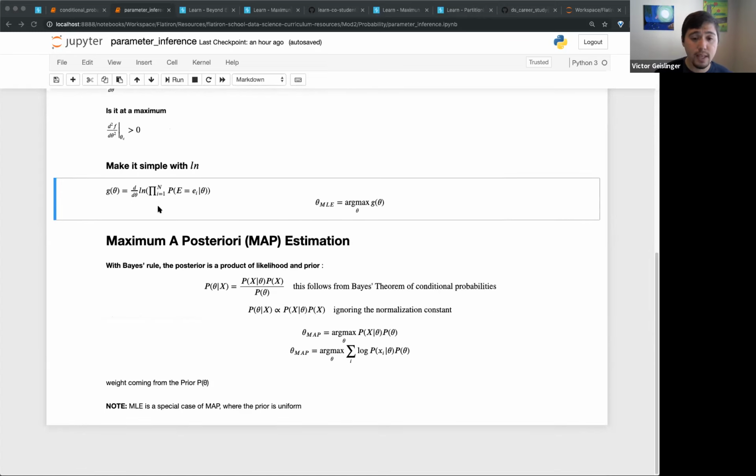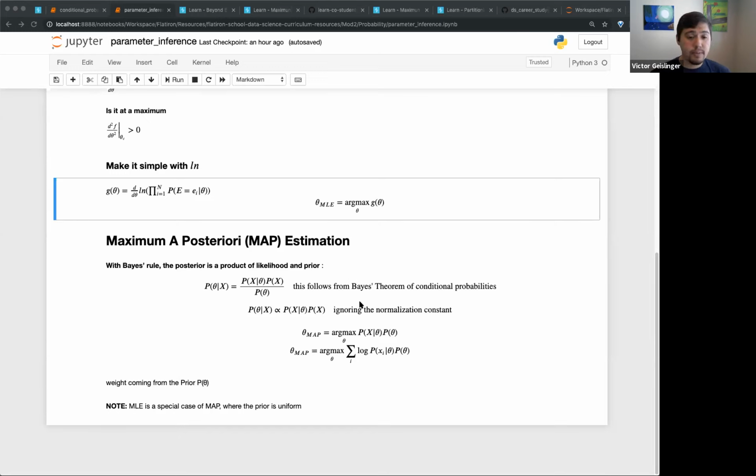So this leads us into another one, which is the maximum a posteriori, which we'll call MAP estimation, usually MAP. Basically it uses Bayes' rule, Bayes' theorem, and it uses that posterior that I defined earlier. We can use Bayes' theorem to say, we want to find the maximum of this instead.